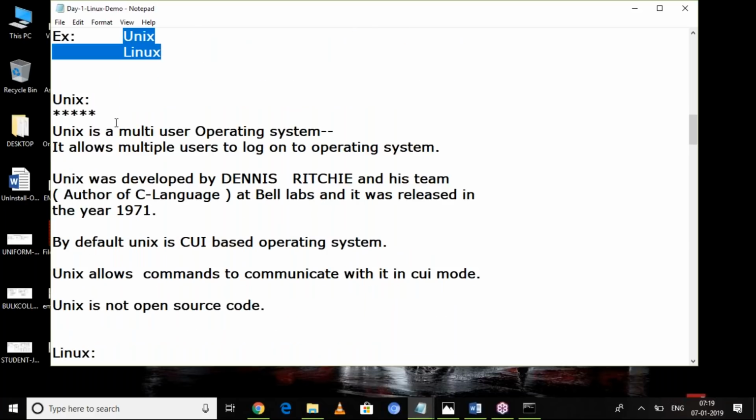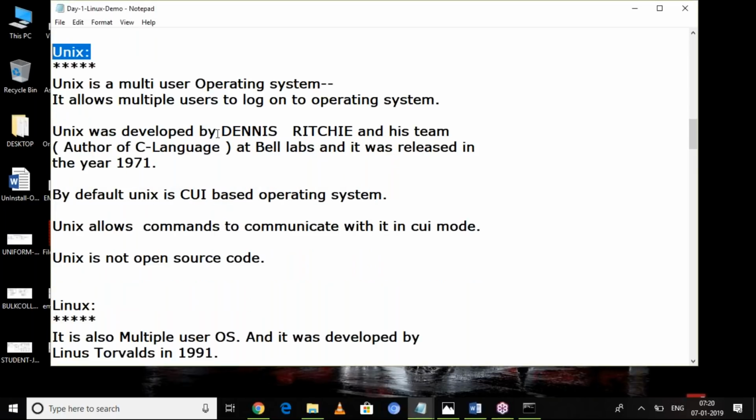What is UNIX? It is multi-user and it also supports multiple tasks. Who developed UNIX? Actually, before Linux, we had the UNIX operating system. So I will show you the history of the UNIX operating system. Who developed UNIX?